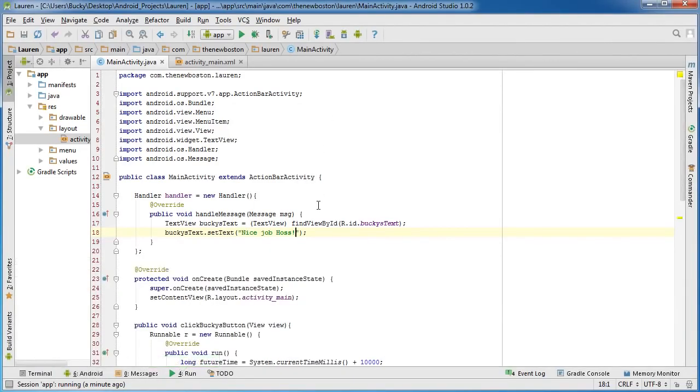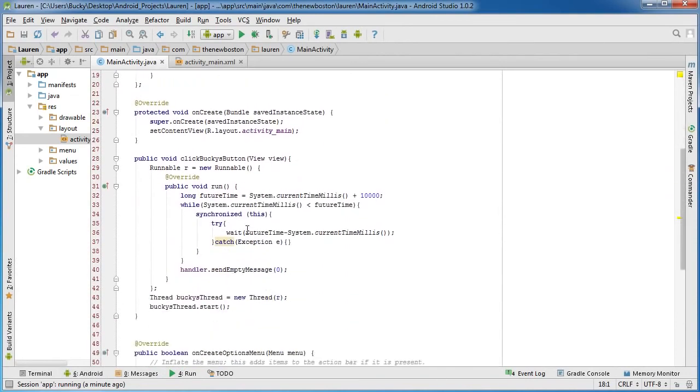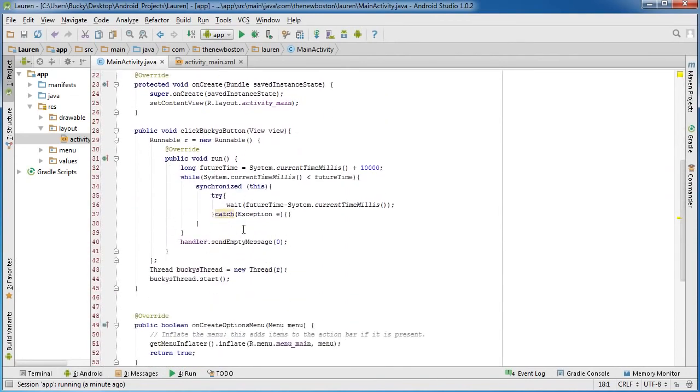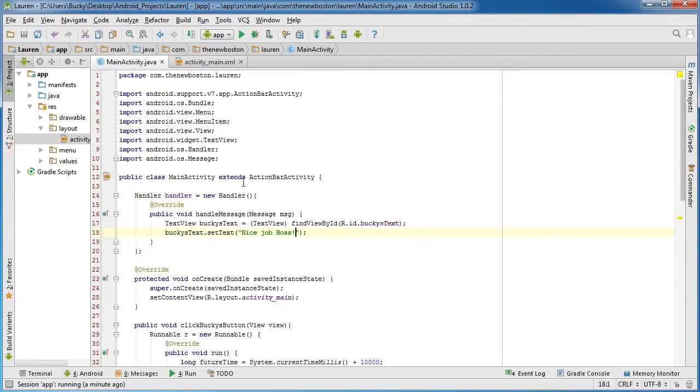Again, anytime you have any hard work to do, just stick it inside a thread, and of course you can just use the handler to update the interface, and well, pretty stinking easy, and your apps are going to perform a lot better. In future tutorials, I'm going to be showing you guys some other cool stuff that you can do with threads, and you guys are going to be app